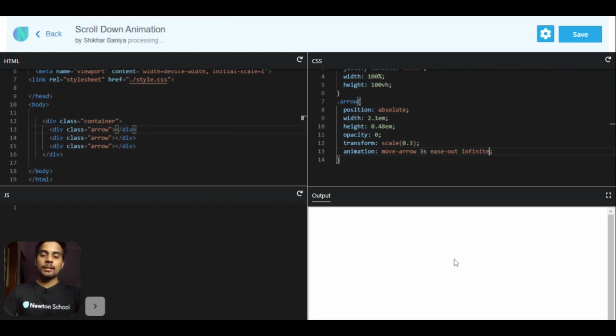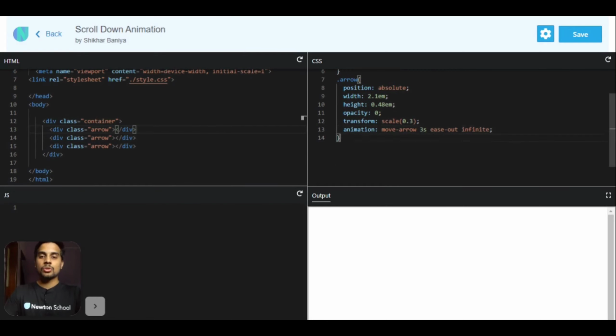Okay, so you can't see anything here right now because we haven't added the color yet. So before that, let me add something before and after our initial arrow.